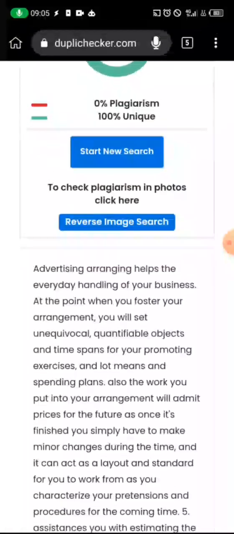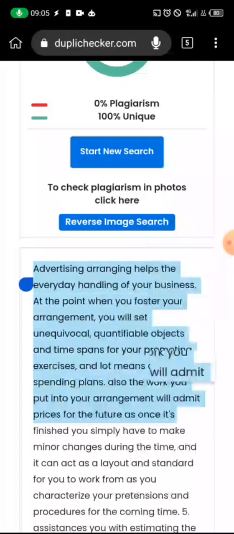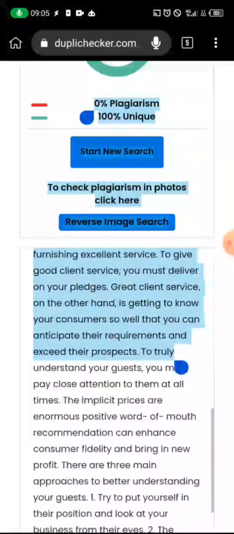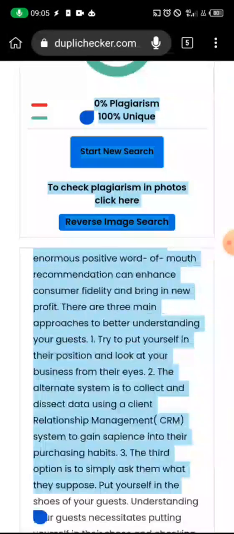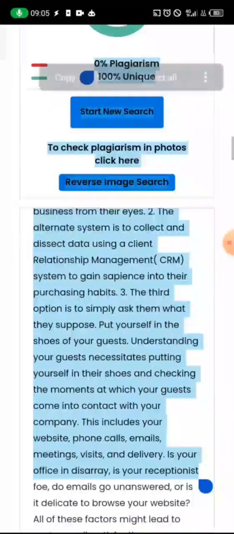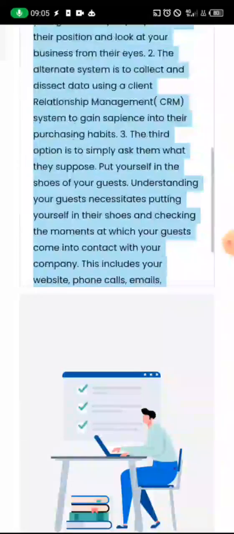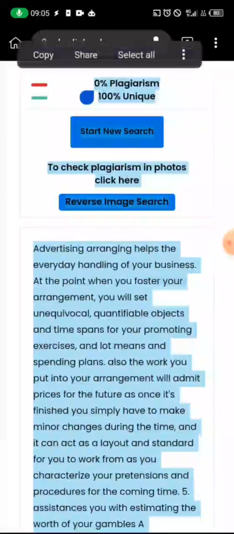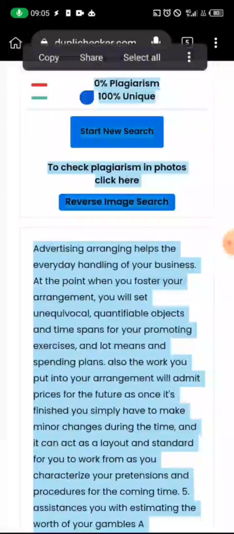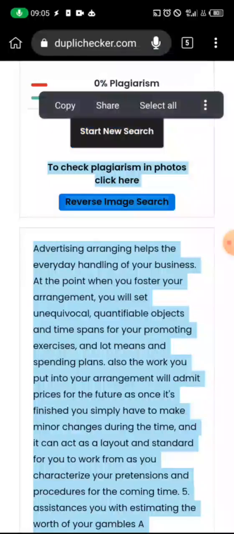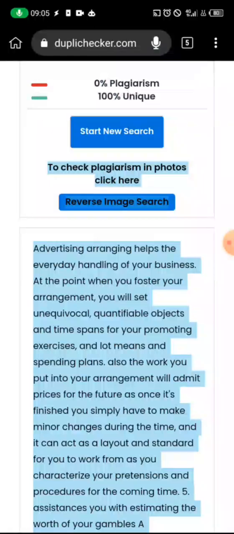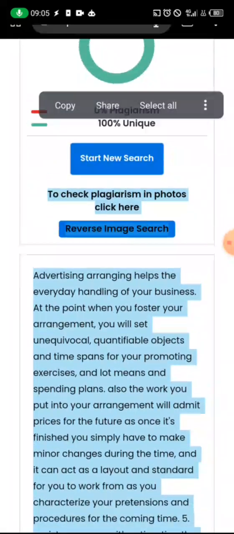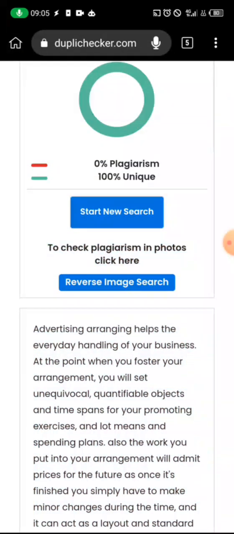So I'm just going to click like this, scroll down. So I will copy and I'll come over to my notepad,